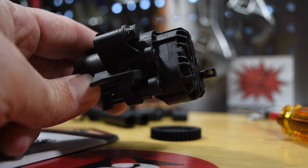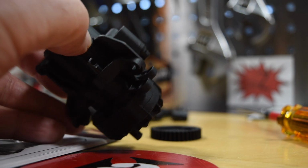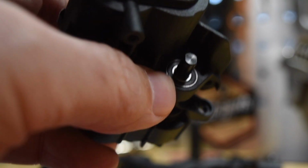So here's the transmission case. I am almost done with this assembly of the transmission. Everything went together really well, just really need to pay attention to what you're doing. I did actually miss one of the bearings. It goes on the very back side, back here. But I found my mistake and I was able to put the bearing in without having to take the whole